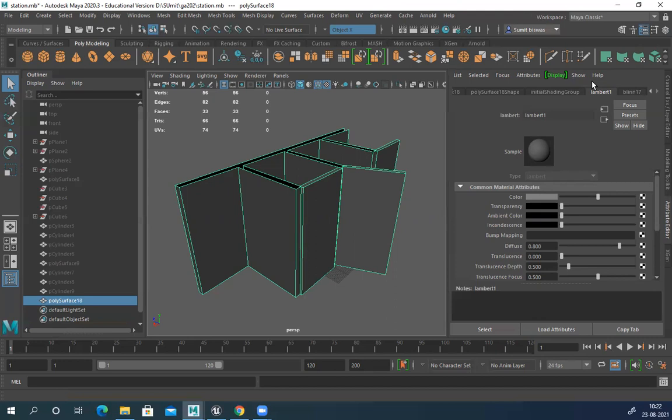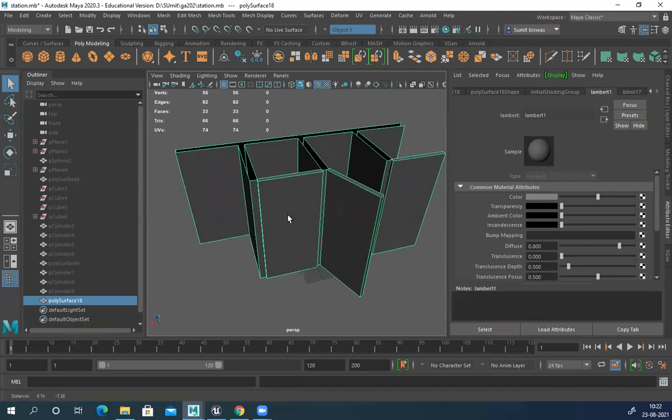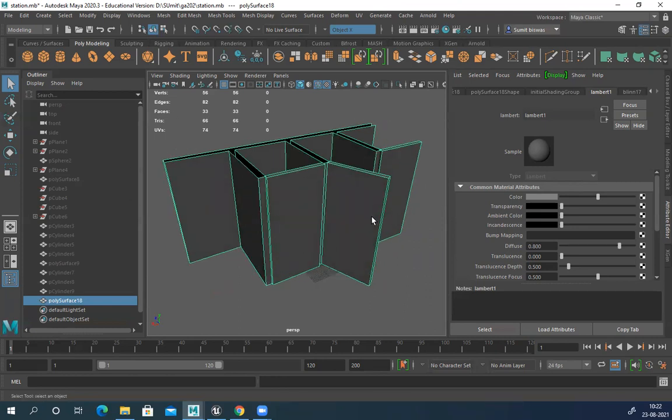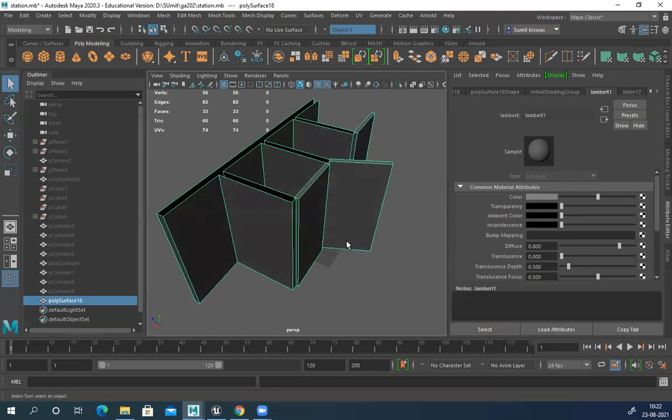Is it clear? Yes, sir. So based on what process you are following, suppose I want to texture this in Substance. I'll just unwrap the entire thing at once, texture it in Substance and apply one material only. Or if I want to separate the doors, then I have to create two different sets of materials, two different sets of UVs, and then texture it in Substance. That also works perfectly.